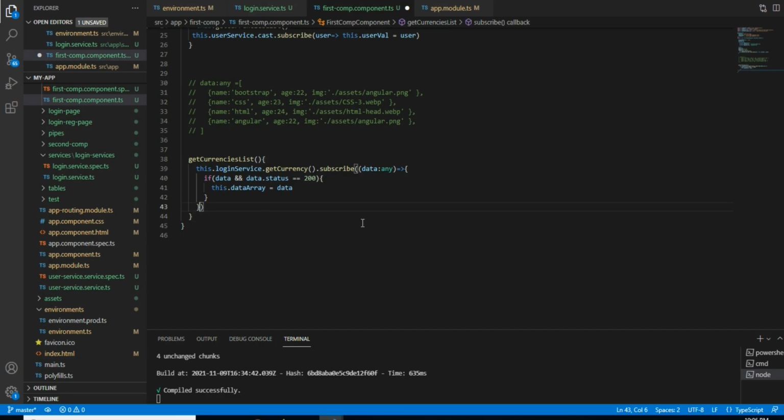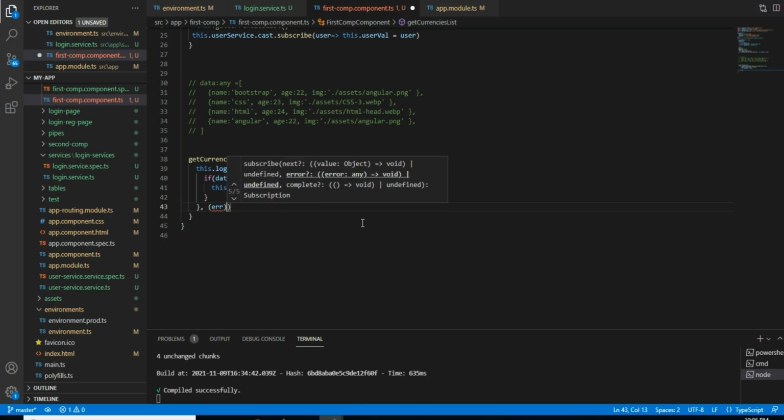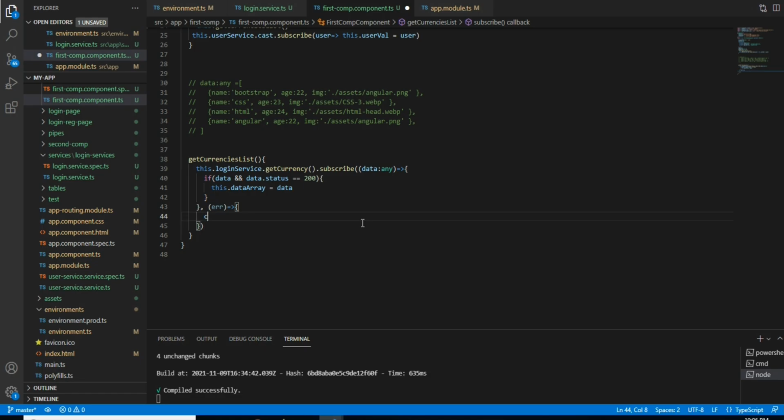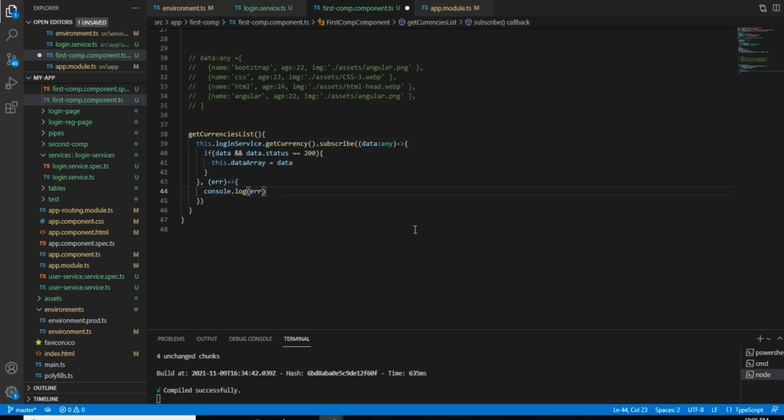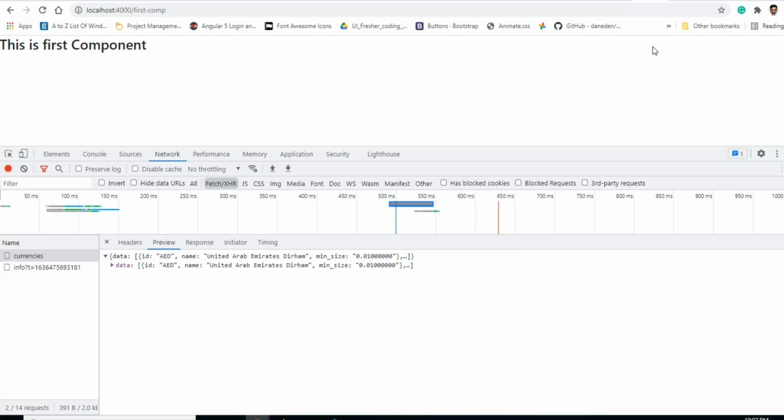Console.log the error. If you have already used any toaster inside your application, you can give a toaster right here: this dot toaster dot error message. As soon as the API fails, there will be a pop-up that there is an issue with the API.